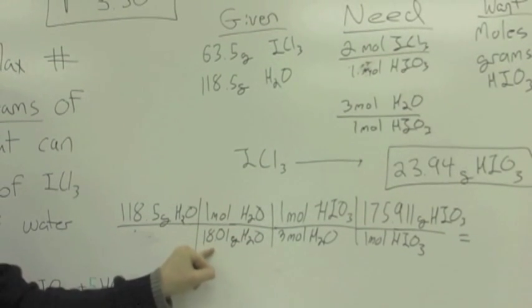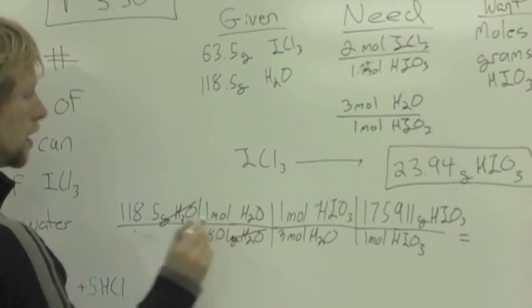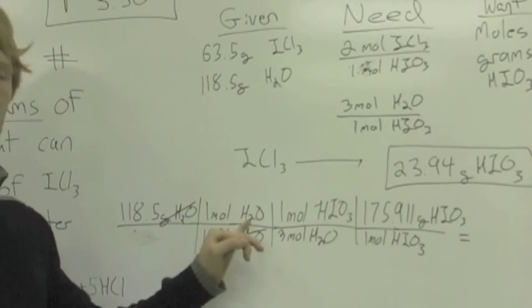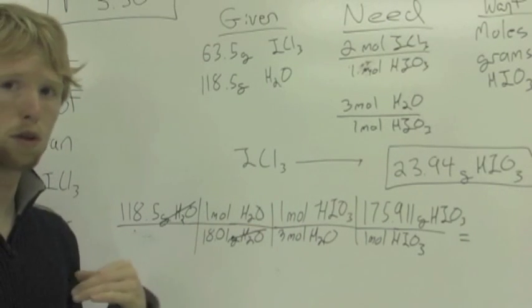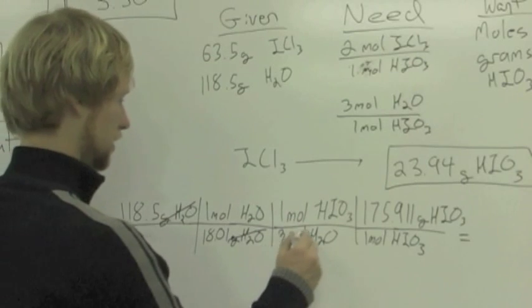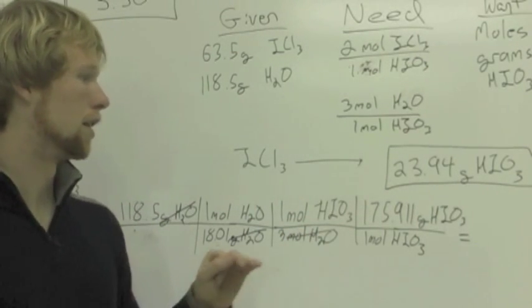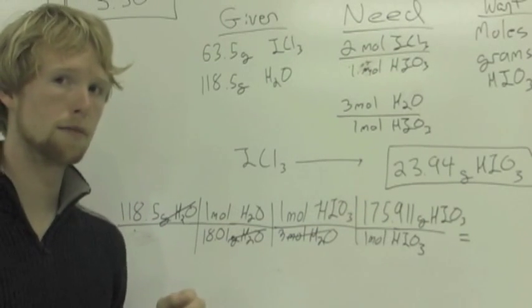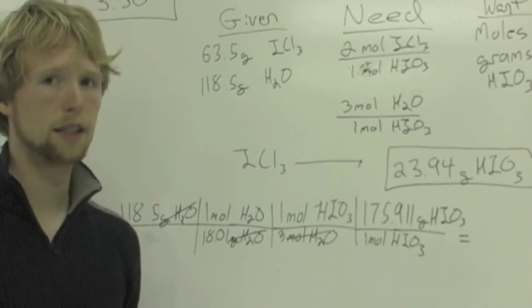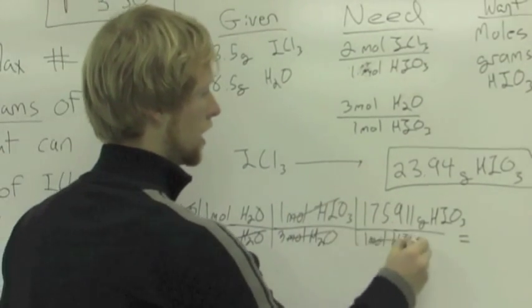Using the molar mass of water, we convert to moles. So that crosses out grams. Then, using the molar coefficients from the chemical equation that we balanced, we convert to moles of iodic acid. And then, finally, using the molar mass of iodic acid, we convert to grams of iodic acid we can make from this much water. And the answer is